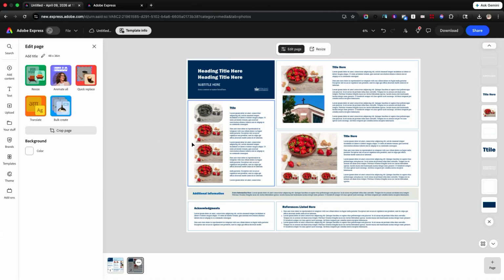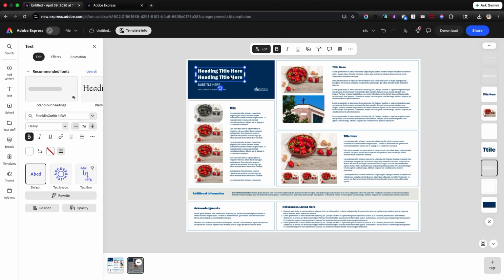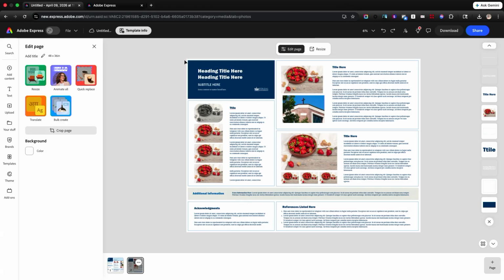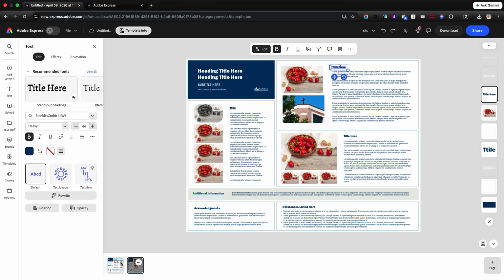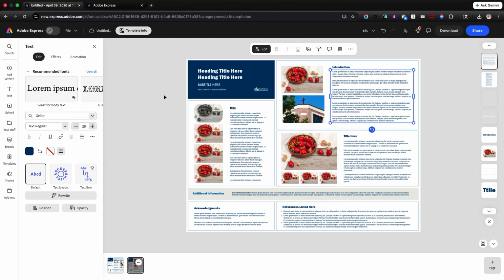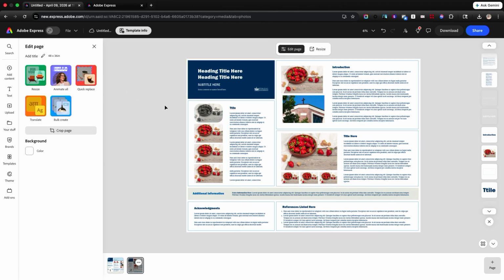So we're thinking about Express and editing our posters. Obviously, once I go in here, everything is just drag and drop, so I can drag my items around. You can certainly start from a blank template, but what I'm doing here is working off of this template and then just editing. So if this was my introduction, it's as simple as typing in that space and then copying and pasting any supporting content that I had in here. So just giving the options to use an easy web-based program to then share and work on my academic